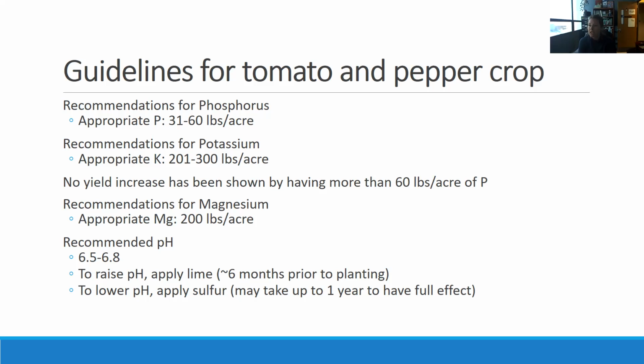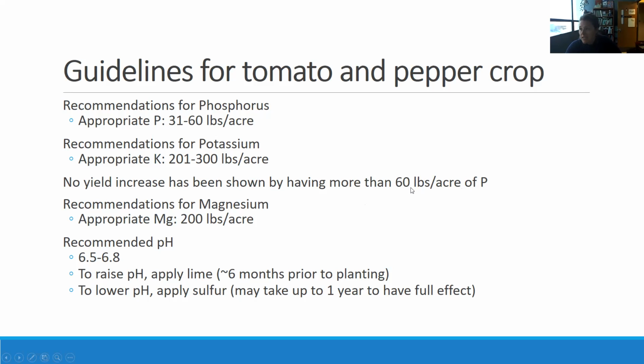And perhaps they bought it at Lowe's and that was the easiest thing, or it was the most readily available. But they do not need that phosphorus,